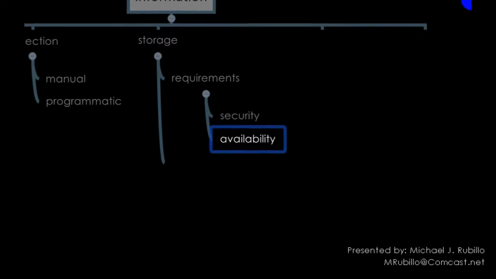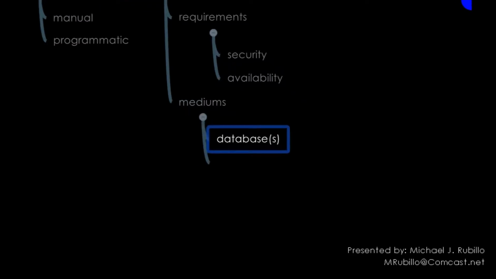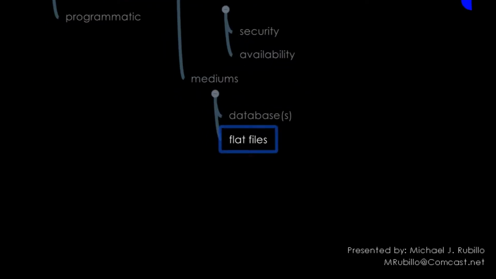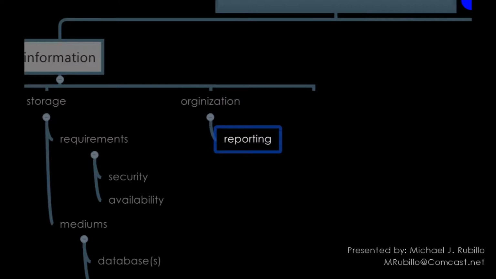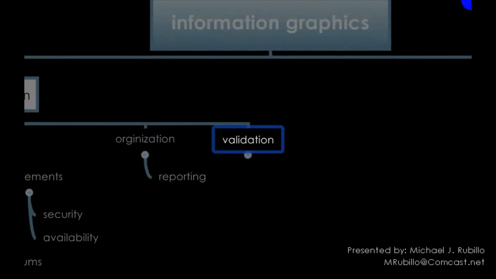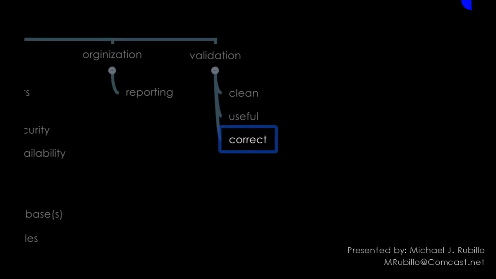We look at the security measures we need to place upon the data and the availability of the data yet again. And then we'll look at the mediums of the data, whether it's in flat files or databases, or if it needs to have data input. Next, we'll look at the organization of the data, which can be reporting, but also how it's going to be organized within the database itself for the tables. And then we'll have validation of the data. We'll clean the data, make sure it's useful, and make sure the data is correct, so we're reporting on the